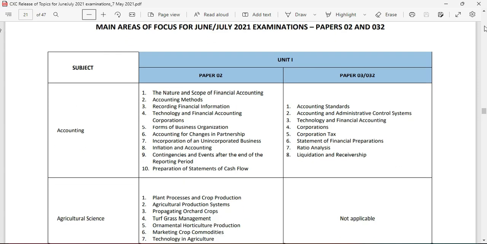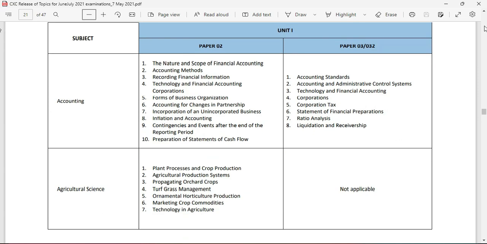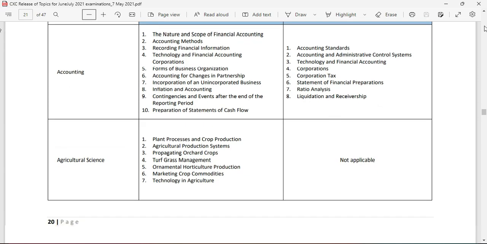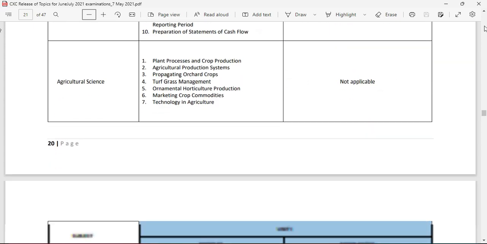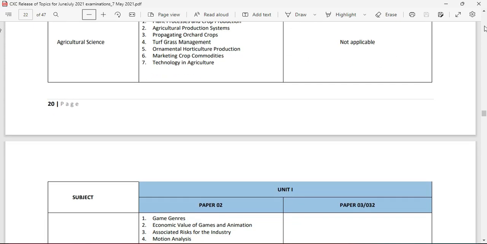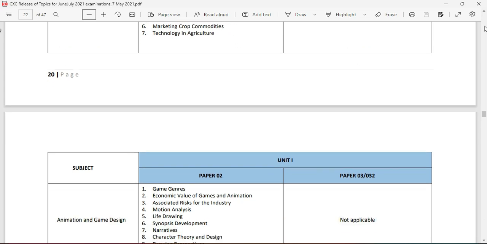Now, you really don't have any time to resit exams. You really don't want to put your life on hold. You really don't want to have your friends going to university and you are still here waiting, wondering, pondering whether or not you are going to be going to university.